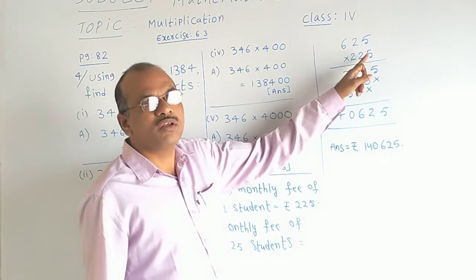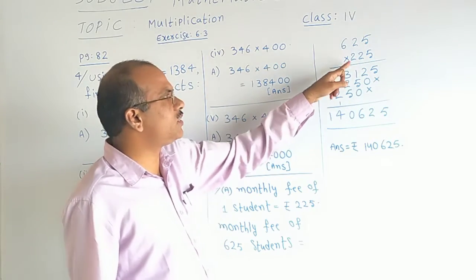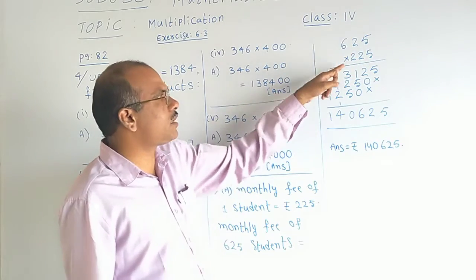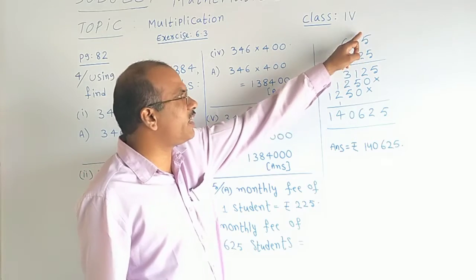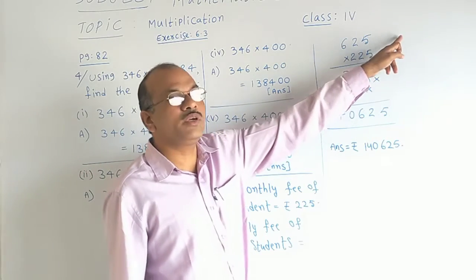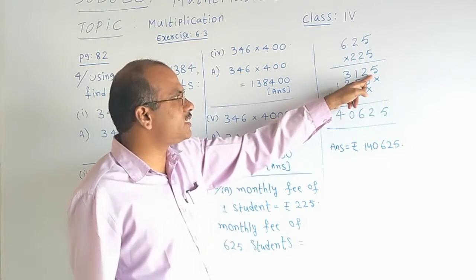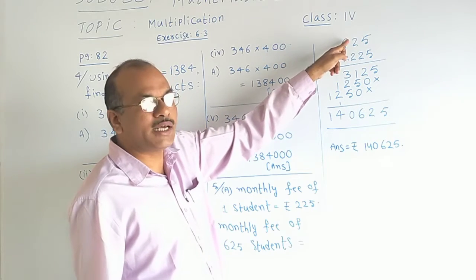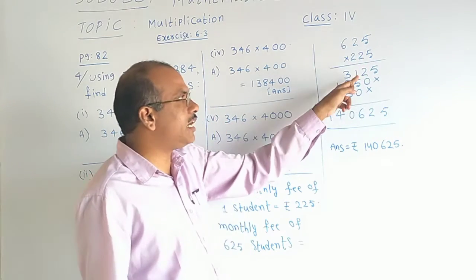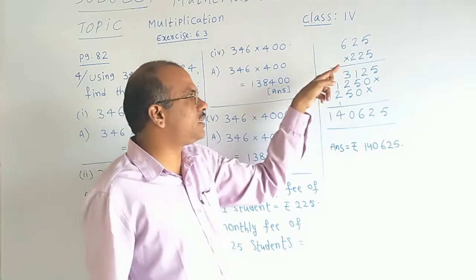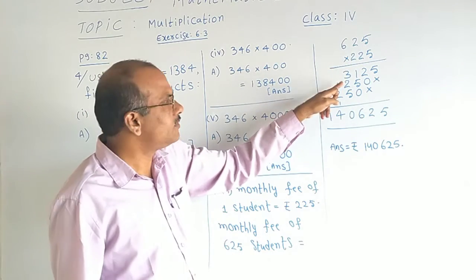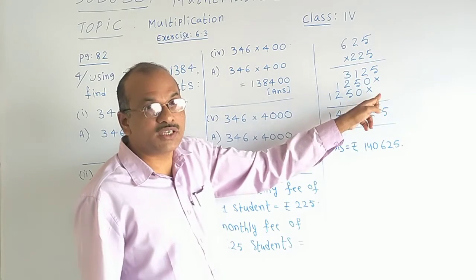First with the fifth table, then with the second table, last also again with the second table only. 5 table, 5 5s are 25, 2 is written in the rough, 5 is taken, 5 2s are 10, 10 and 2 is 12, 5 6s are 30, 30 and 1 is 31. Am I correct? Into symbol under the first digit.